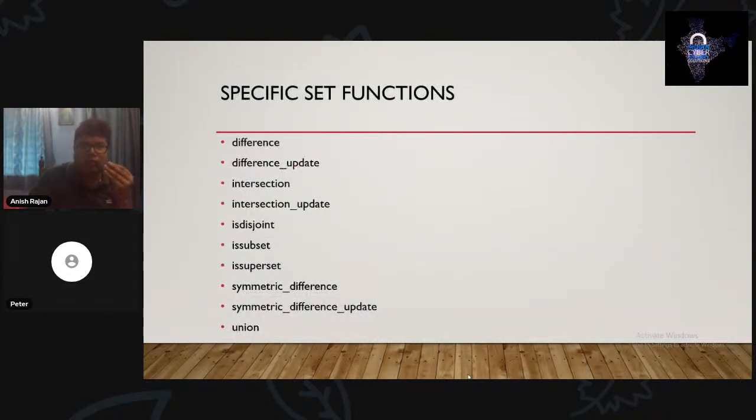Now we come to the specific set functions: difference, difference update, intersection update, isdisjoint, issubset, issuperset, symmetric difference update, and union. These set operations make sets very useful in mathematical operations. Let us see what these functions are.